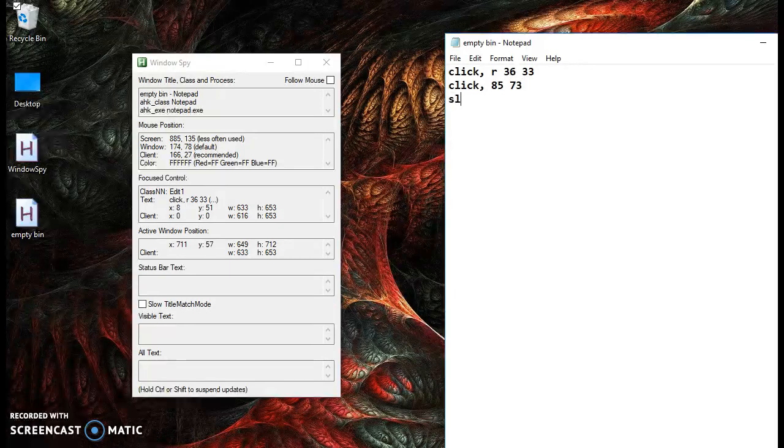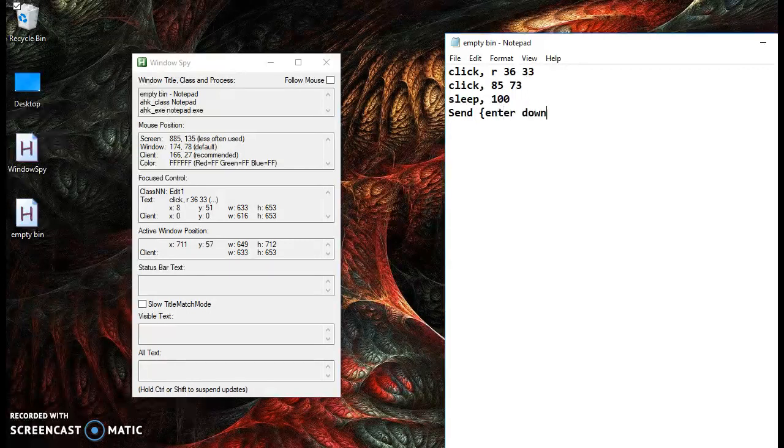And then I want it to wait 100 milliseconds, 1/10 of a second. So this is in milliseconds, these numbers, 1000 milliseconds a second, 100 milliseconds is 1/10 of a second. That'll make the script wait 1/10 of the second before completing the next action. And the next action is send